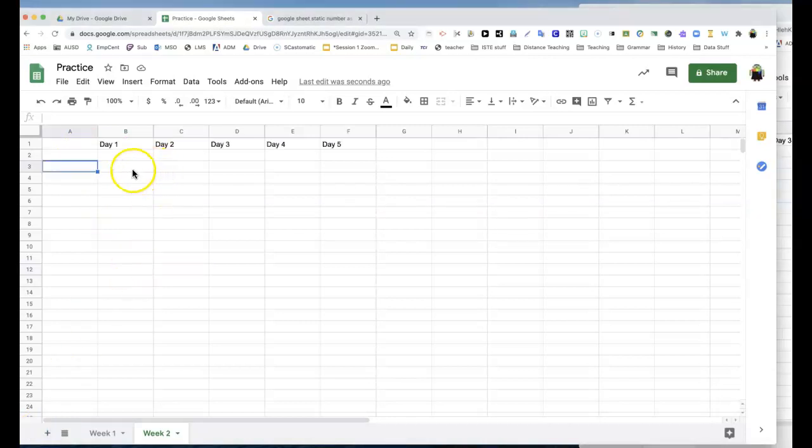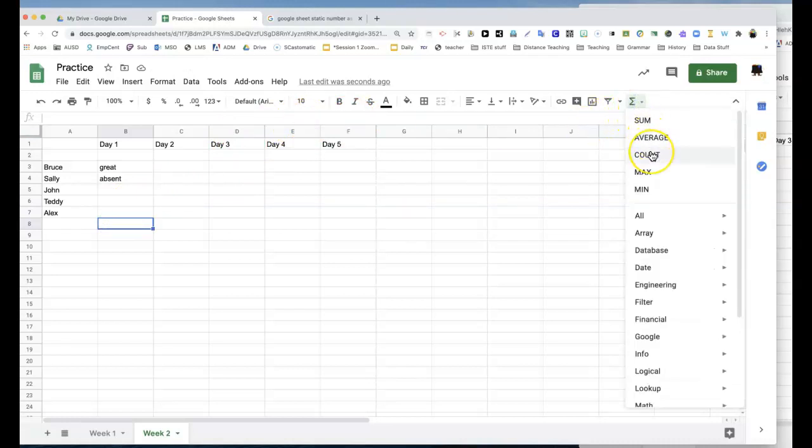So I've added my titles for days of the week. I'm adding in my student names, but this time instead of numbers, I can actually put in words, and I can do something like great or absent, and that's fine. Now I can't sum those up like I would if they were numbers, but I can actually have a function over here that's called the count or the count if, and it could do something like count how many times